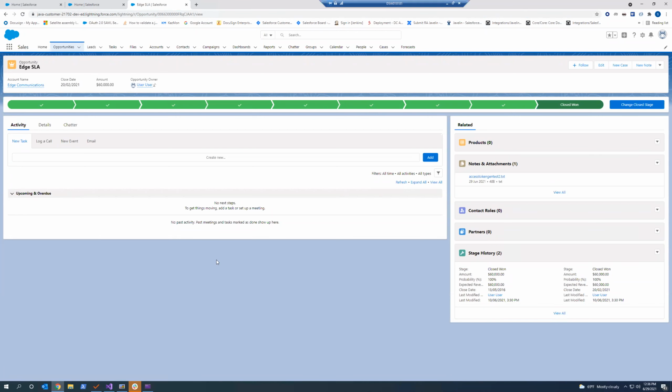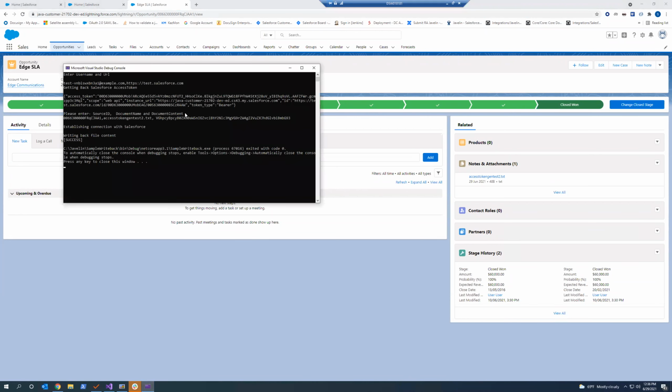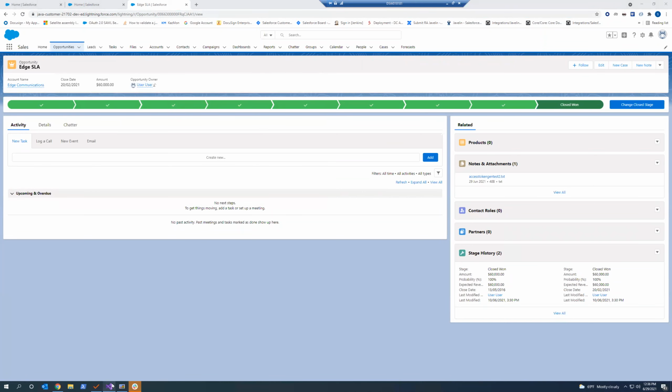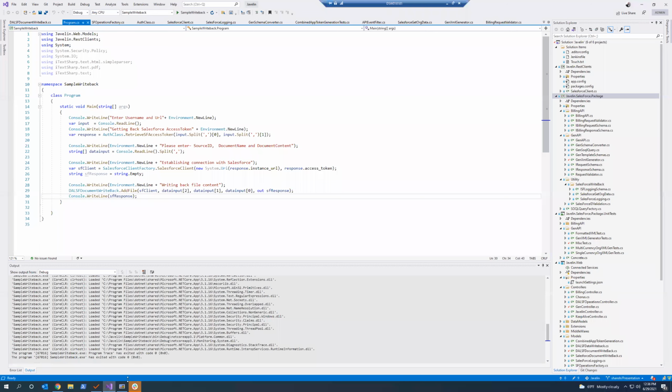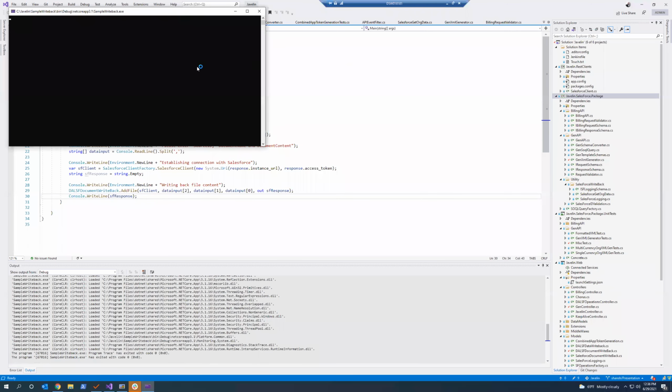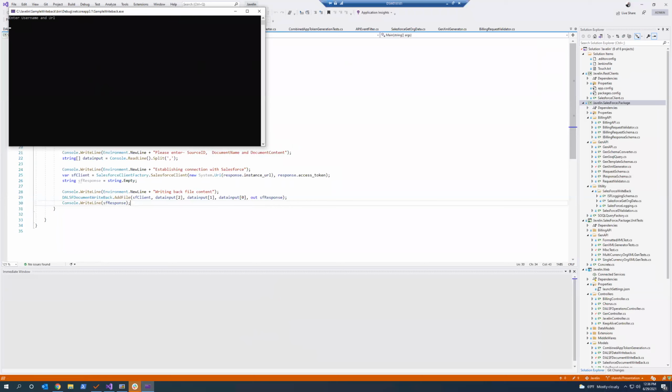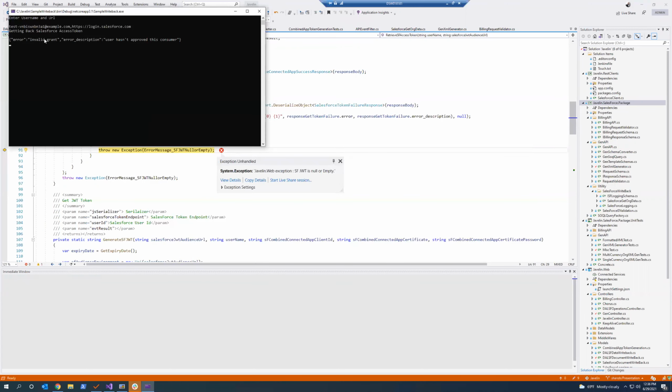Since a lot of us are developers, what happens if there is an error scenario? The beauty of this is the fact that it gives us very good error scenarios as well. So suppose I go here and, oops, my apologies. So this is a scratch org, but I say, please go ahead and log into this org. So it will say invalid grant.